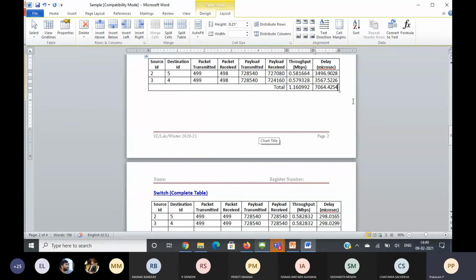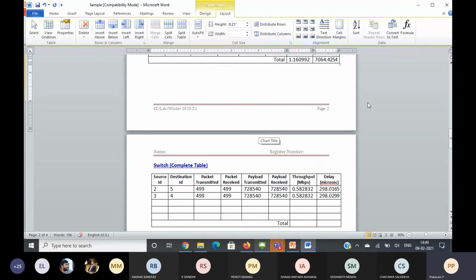So the total throughput for hub is 1.160992.